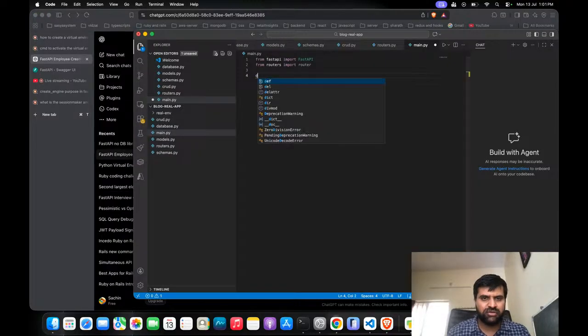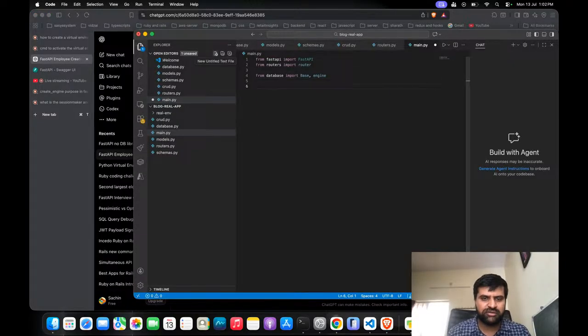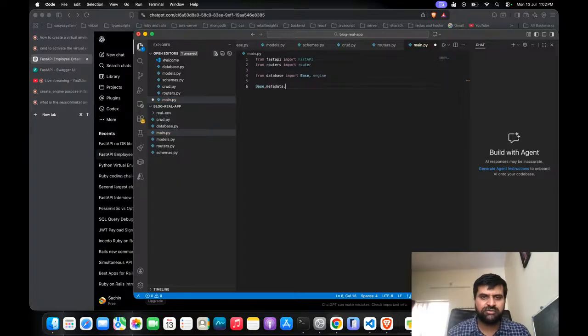Okay, and from database import Base, engine, which is important, and here Base.metadata.create_all, binding the engine,